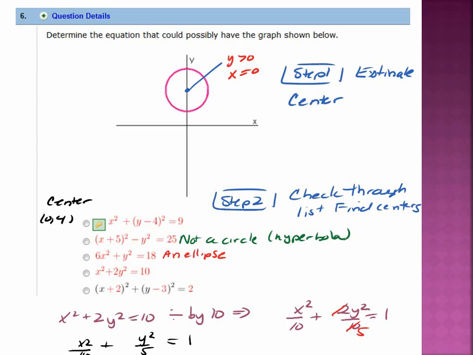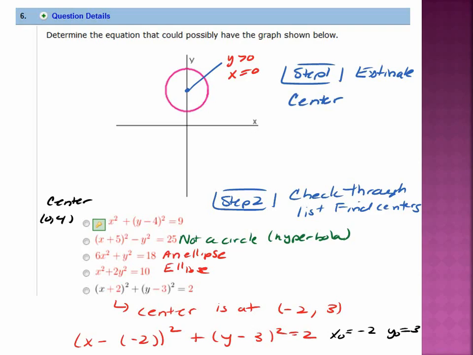But then why didn't you divide like the other one? Well, I could already see it was a circle, it was already in the form of a circle. I didn't do this, but you could have your black list sitting in front of you and just go, oh, that one is the equation of a circle, it fits. And in fact, that's what you guys told me right away, that's the formula for a circle. So I'm not going to do the work unless I have to. So that's an ellipse. Then the last one, that's a circle, but if I look at it,